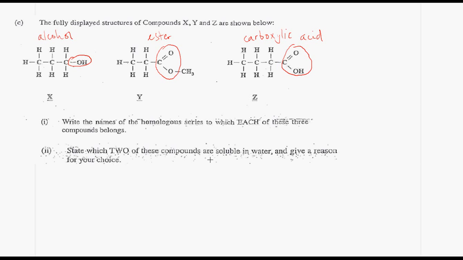State which 2 of these compounds are soluble in water and give reasons for your choice. Now, X is an alcohol, and alcohols tend to dissolve in water. And the reason for that is the presence of the OH group. The OH group is able to form strong bonds with water molecules. If you will recall, a water molecule looks like this. So this is water,